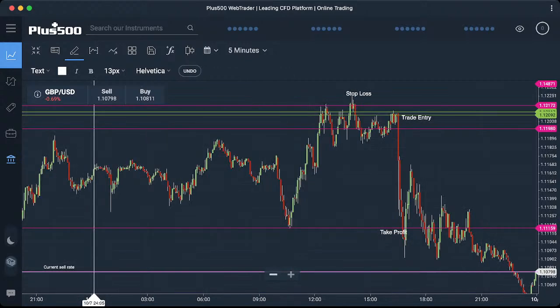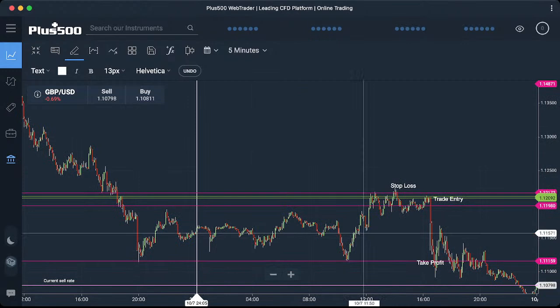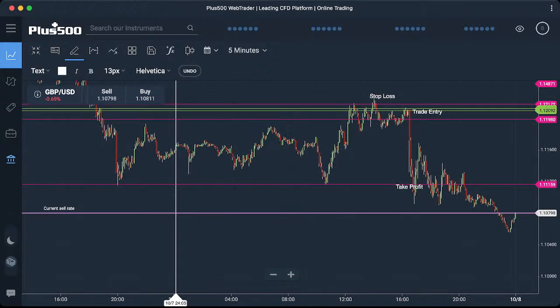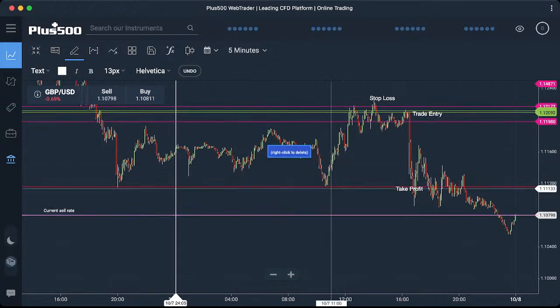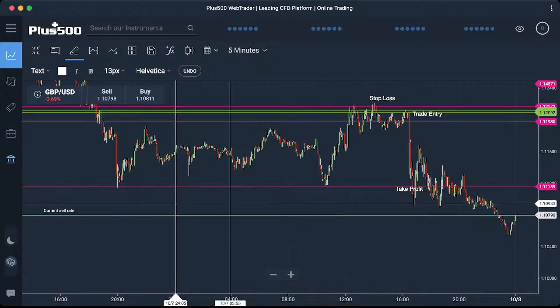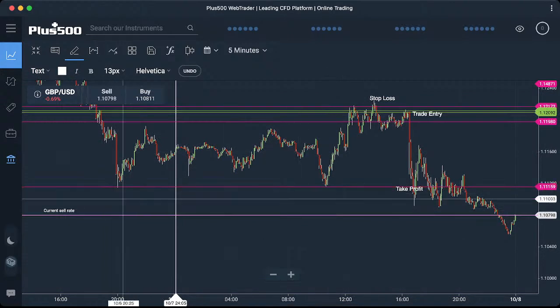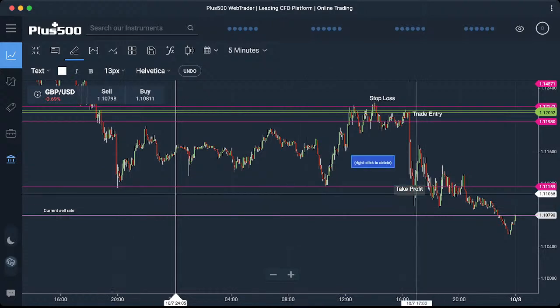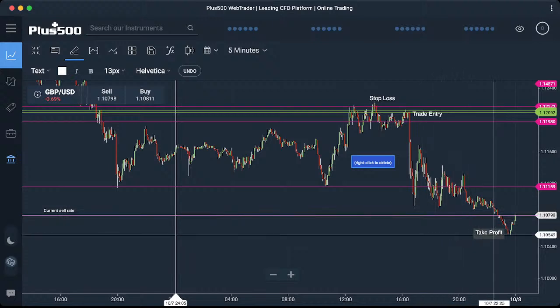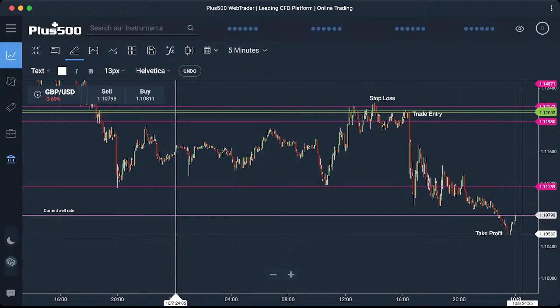But of course, this level, which was the low of London session, is the same level of the Thursday's low. So the take profit was here. Of course, for those who wanted to trail their trades on, they could even get up to 150 pips profit, which was really great